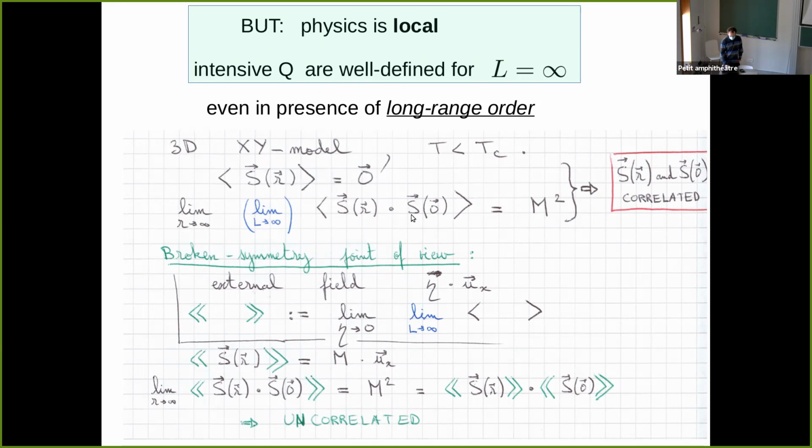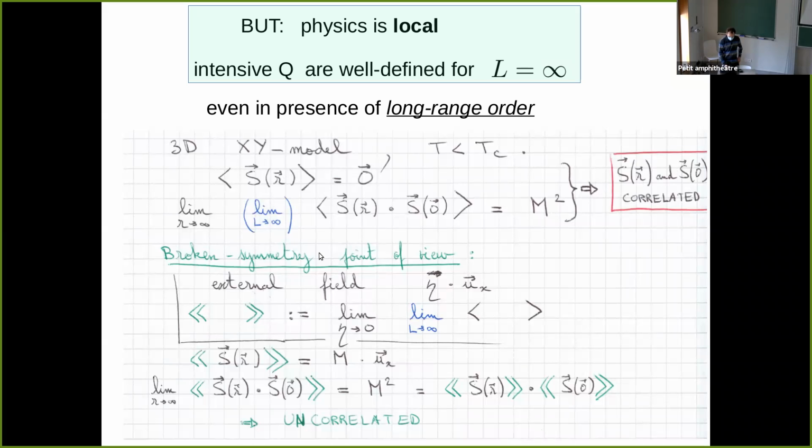But if you take the correlation function at large distance, and you also take the thermodynamic limit, this is non-zero. So that's when you have long-range order. So it looks like these two spins, which are very far away from each other, are correlated because the expectation of the product is non-zero, while the expectation of each of them is 0. However, this correlation can easily be removed